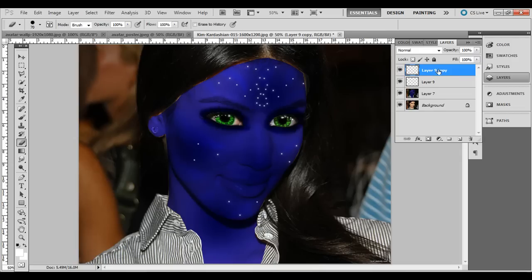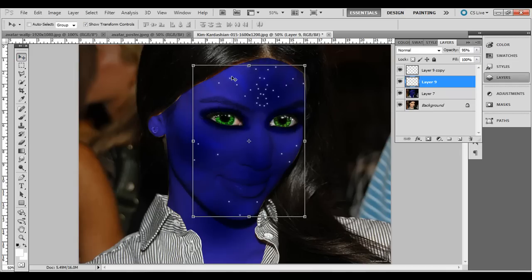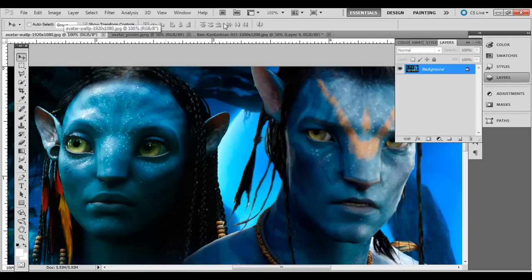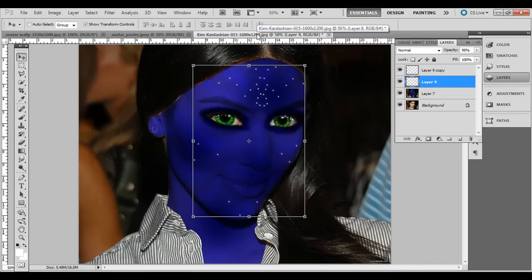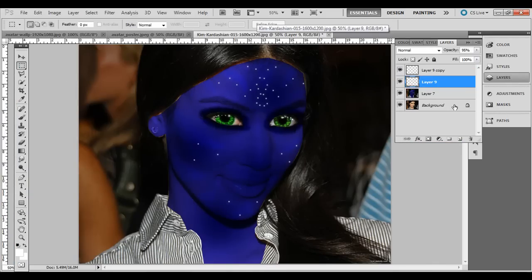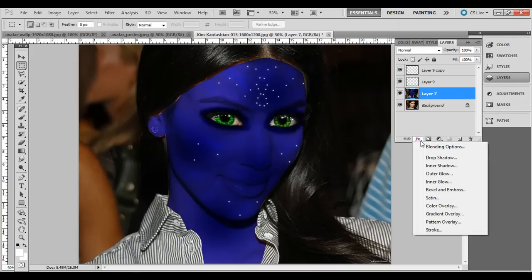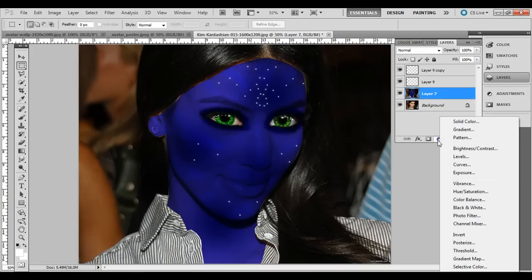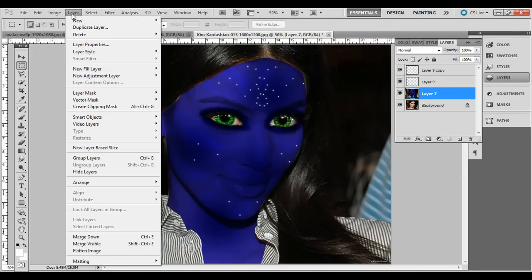Alright. You can also adjust the opacity of each one as well. If you think they're a little strong, you can bring it down like so. But you don't want to bring it down too much because they do kind of stick out somewhat. Alright. And again, if you wanted to adjust the blue here, if you think the blue is too dark, you can also, of course, go to layer adjustment mode,